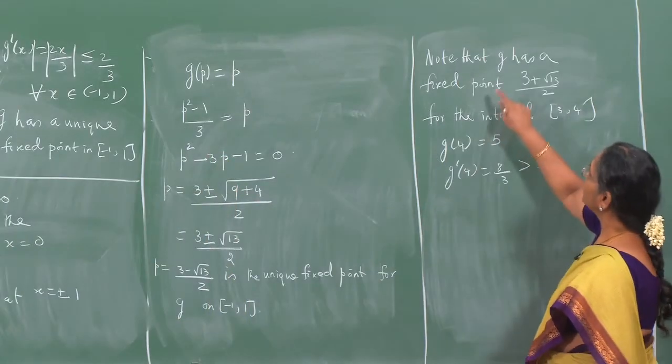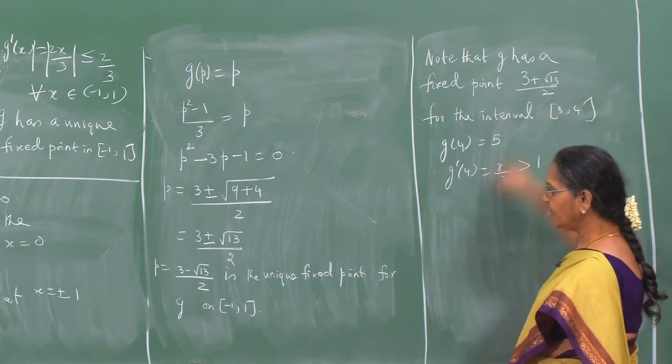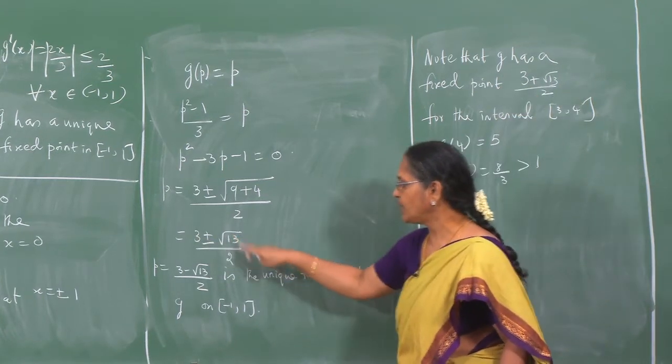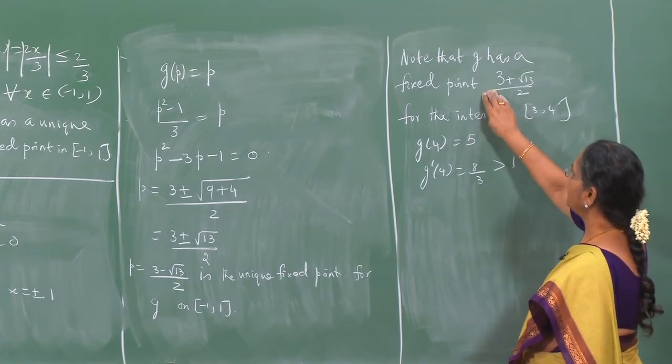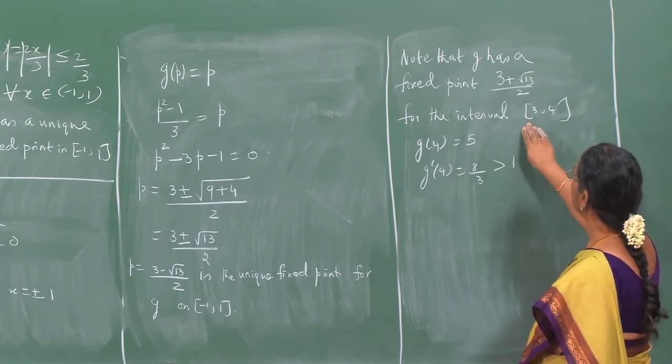We note that g also has another fixed point 3 plus root 13 by 2, and this fixed point belongs to the interval 3 to 4,